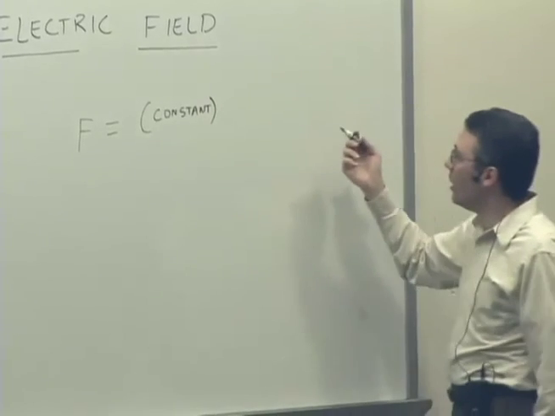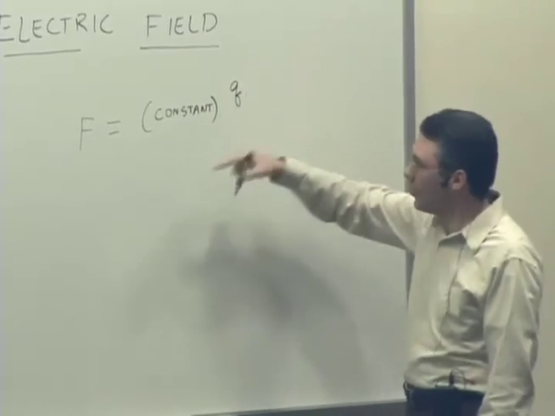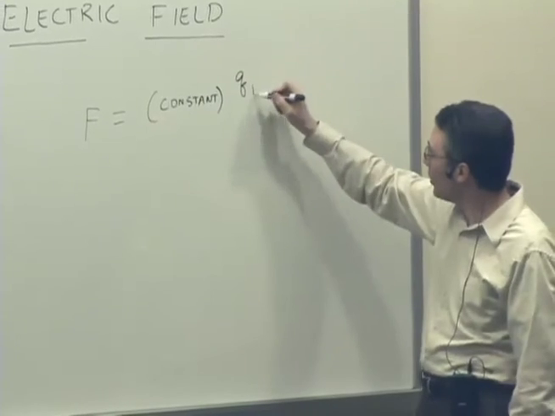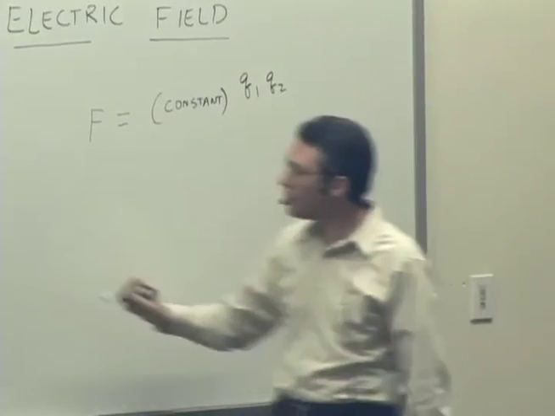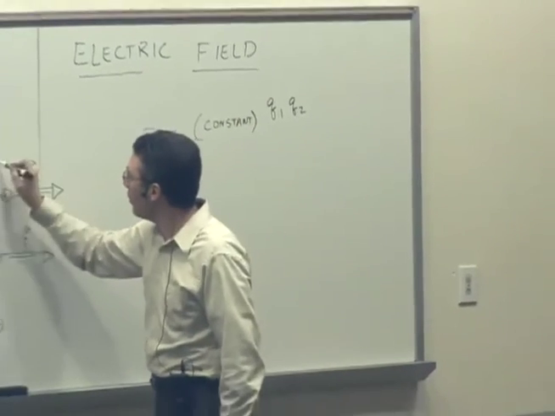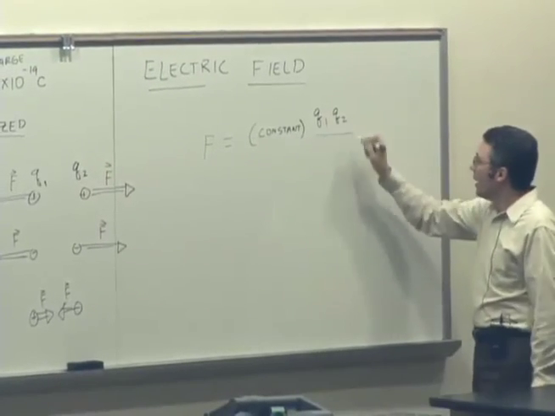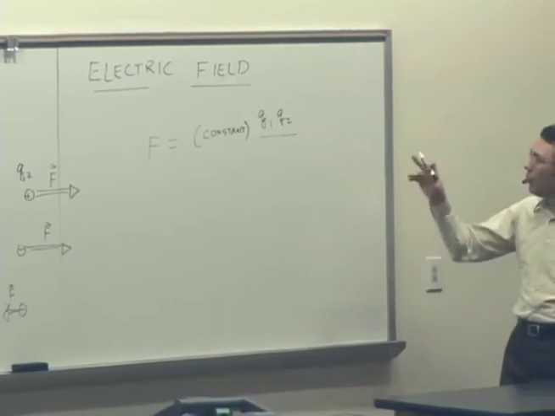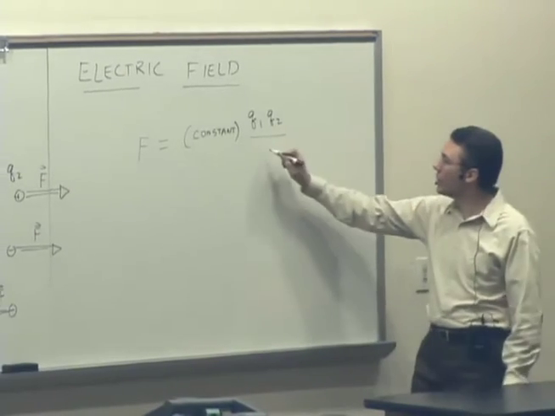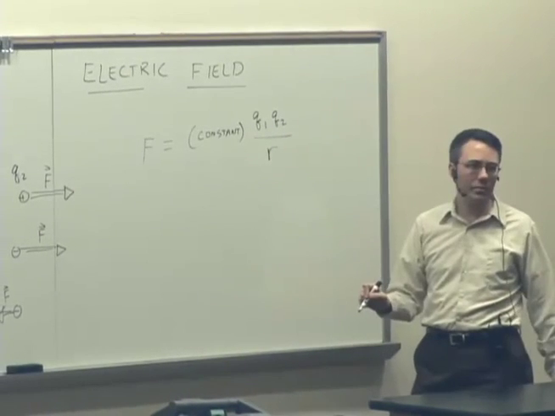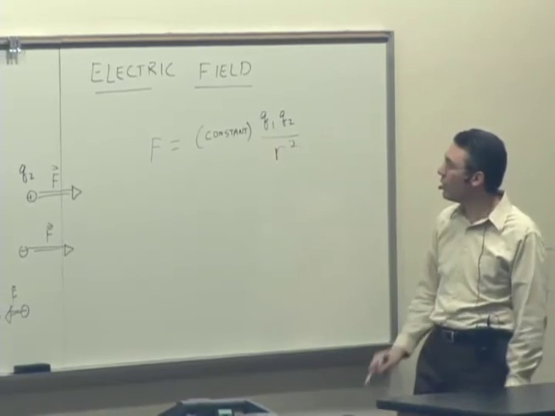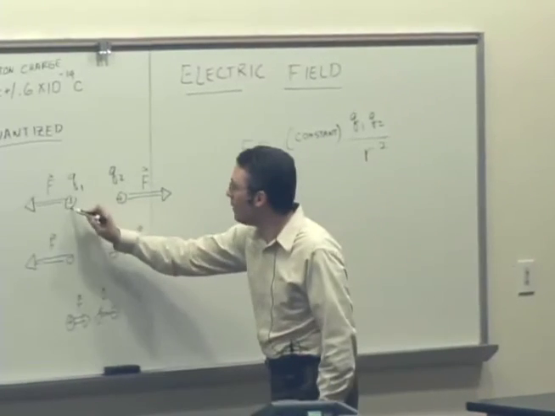It depends on the charge, right? So if these things have some amount of charge, we'll call it q1 and q2, then that will influence the force. The bigger the charge, the bigger the force. And it's dependent on 1 over the distance squared, right? So if this distance is r,